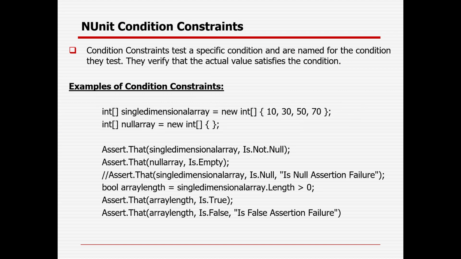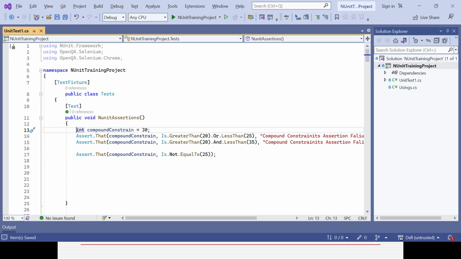Then we will go with the NUnit condition constraints. So condition constraints test a specific condition and are named for the condition they test. They verify whether the actual value satisfies the condition or not. Okay, so this is the example I have tried to give. Let's try to declare a